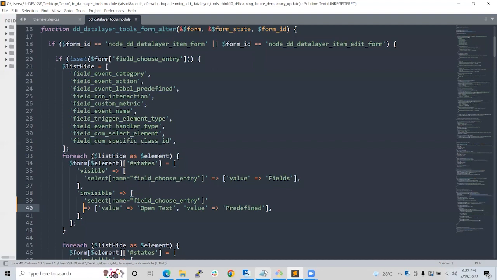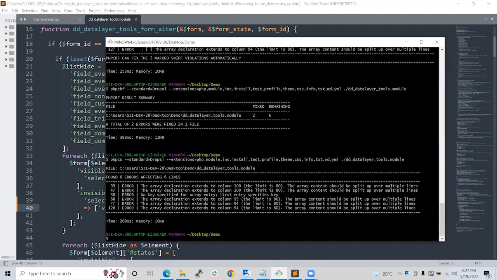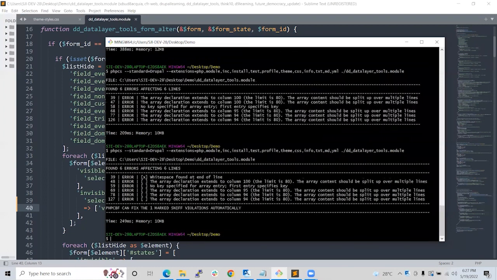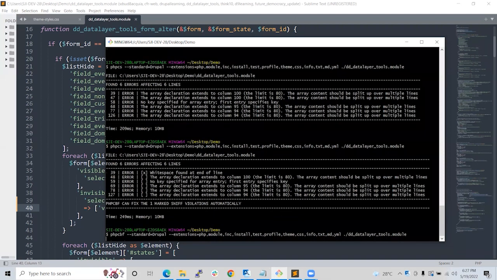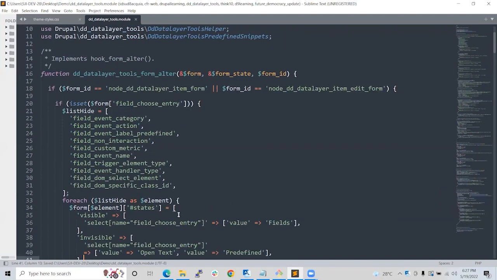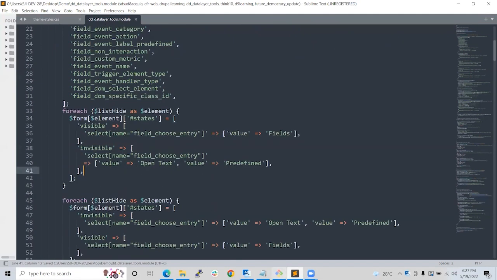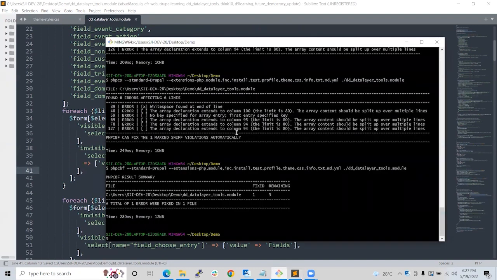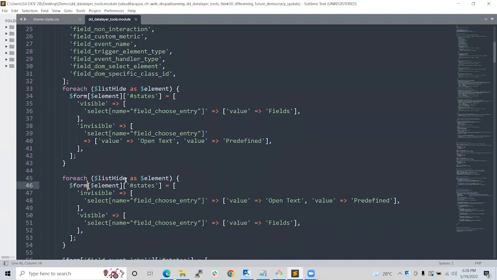And if I sniff it again, it will throw an error, and we fix it by indenting it inside by 2 spaces. Then at 39, there is white space.